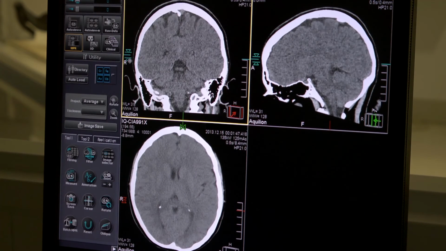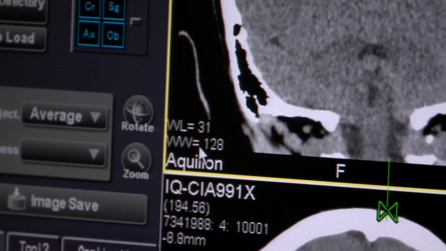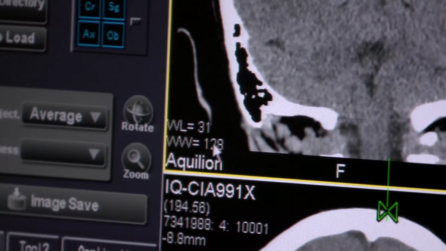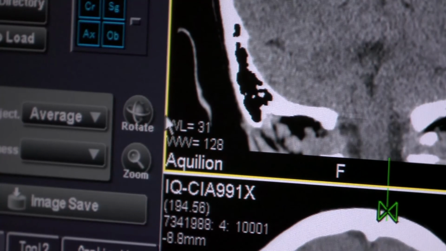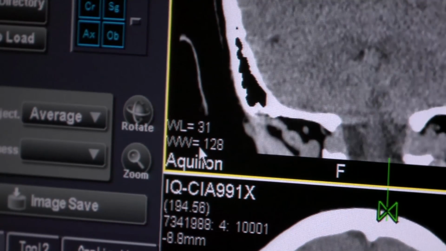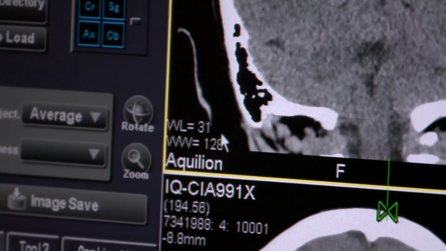From the head scan images, 3 different views can be assessed: axial, sagittal, and coronal views. The parameters are displayed on the monitors. As you can see, 2 important parameters are now displayed: the window width W and the window level L. Both parameters are used to optimize the image contrast with the organs to be scanned.